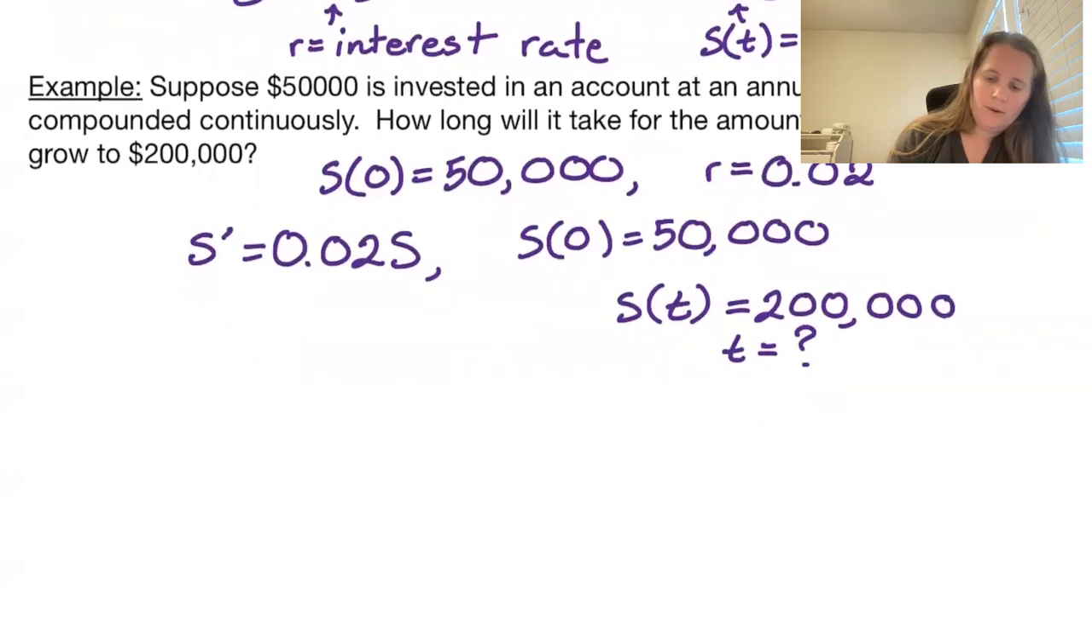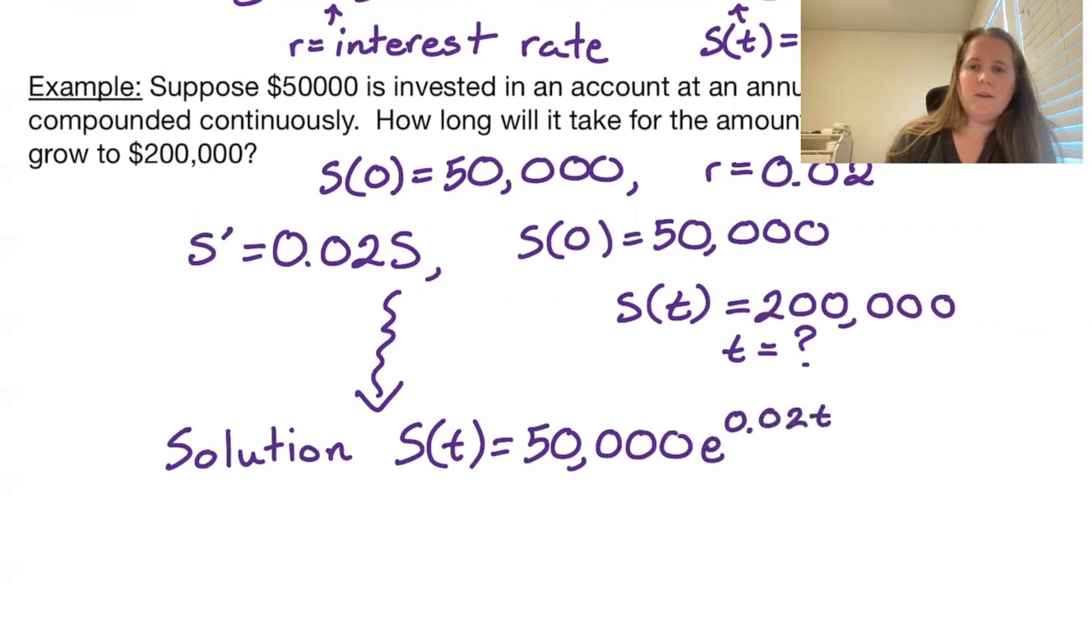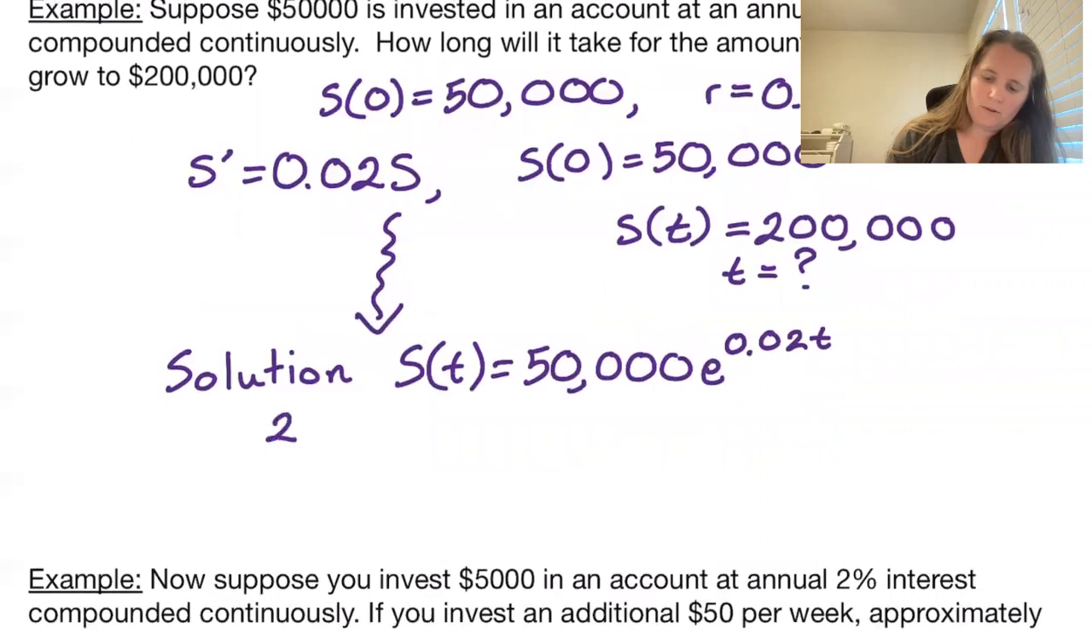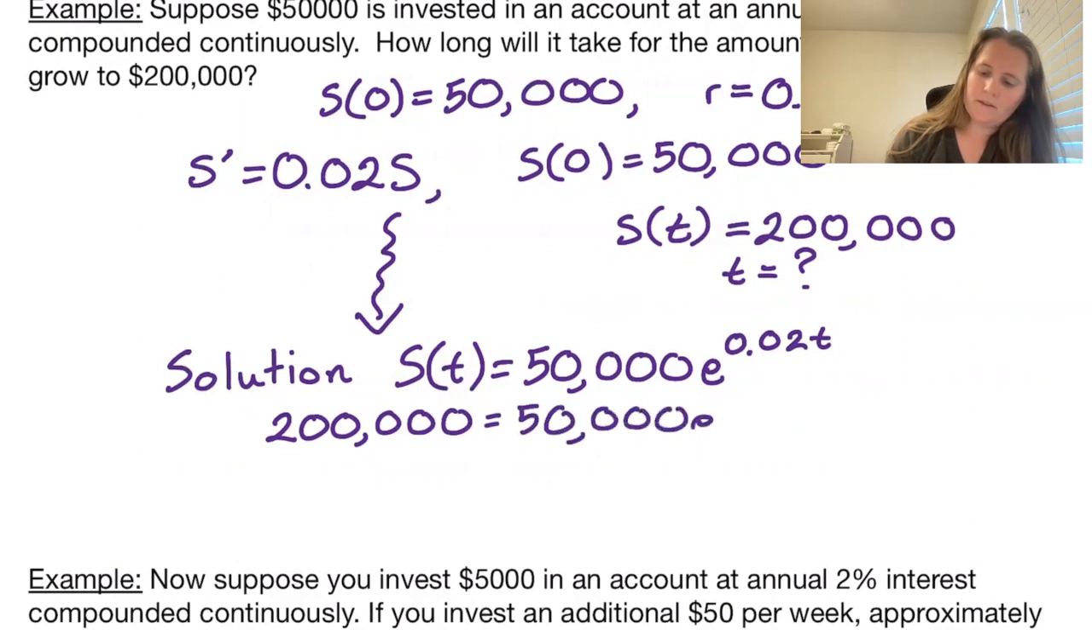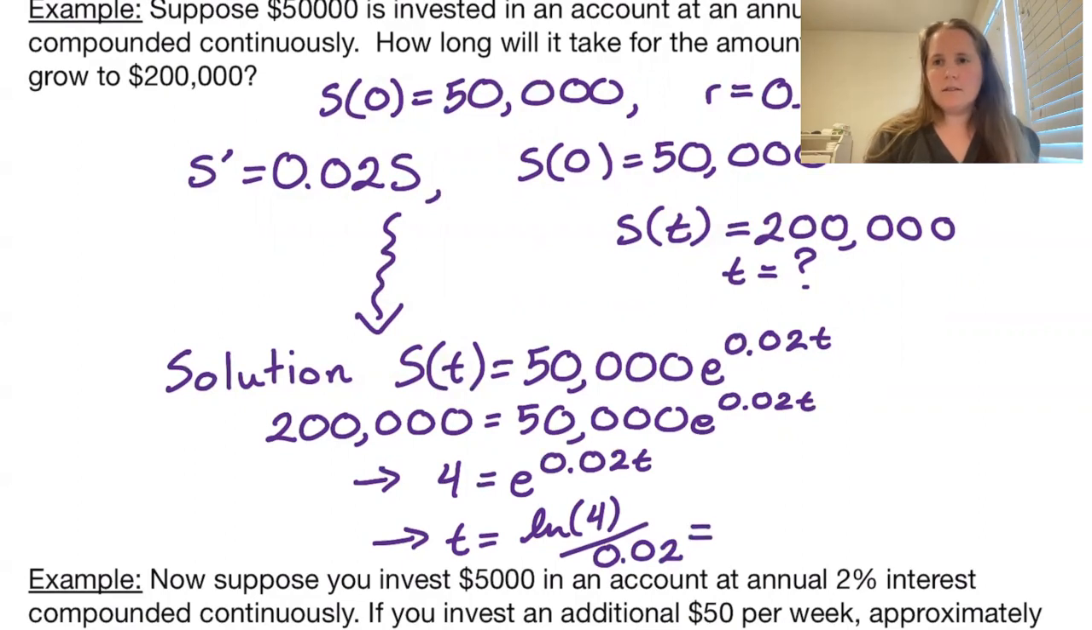So again, we already know our IVP has solution S of T is equal to 50,000, our initial investment, e to the 0.02 T. So we can set this equal to 200,000. So if 200,000 is 50,000 e to the 0.02 T, this becomes 4 is e to the 0.02 T. And we get that T is natural log of 4 divided by 0.02, better known as